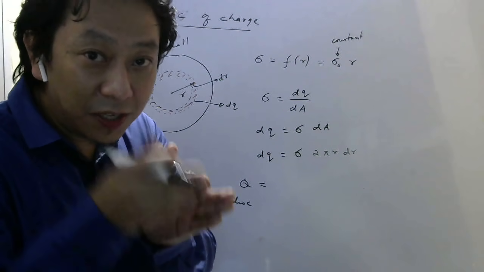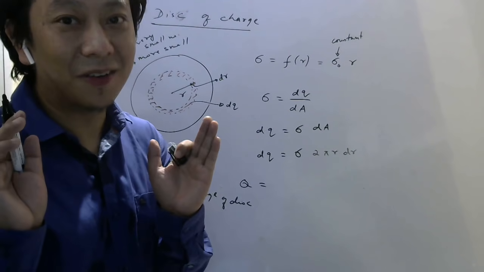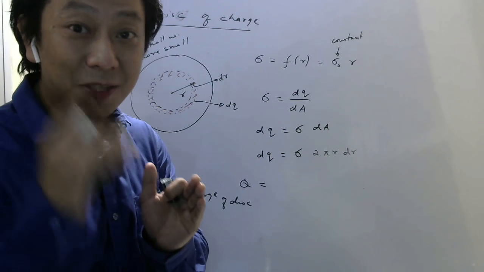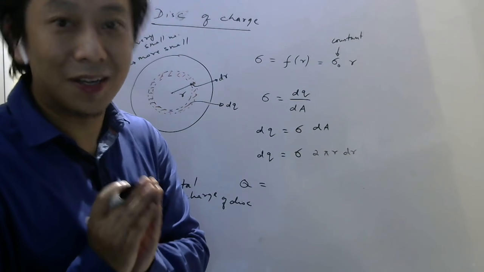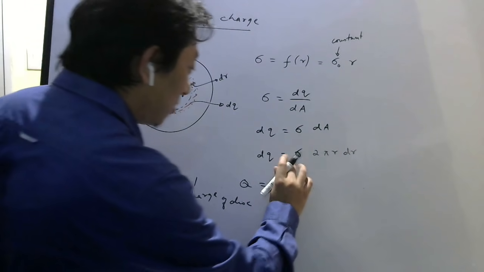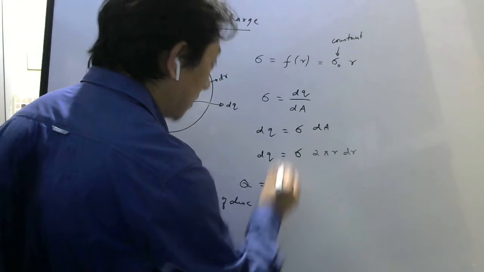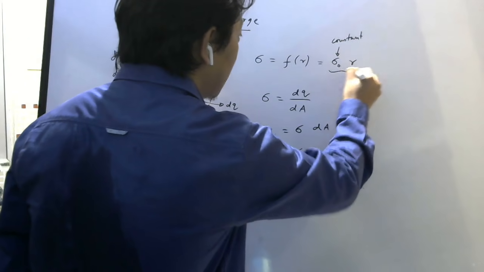Now you have to do it piece by piece. You cannot directly multiply sigma with area now. You cannot directly multiply the cost of one apple with all the apples. Understanding? No, because your sigma is not constant. So now you substitute whatever sigma they will give. What I have given here is an example I have taken. Okay, this is just an example.